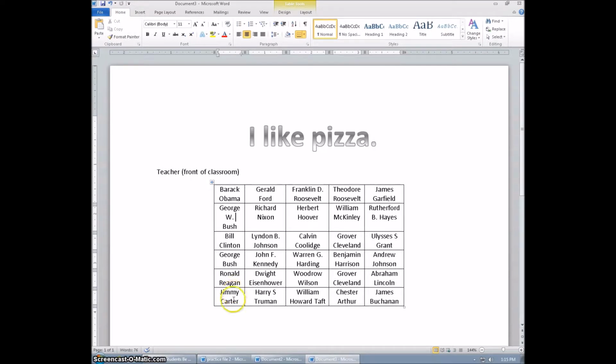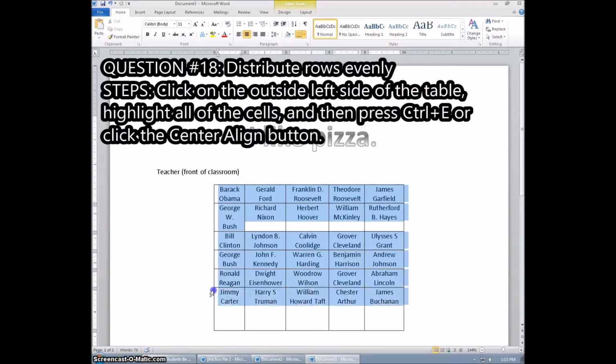Another thing you're going to need to do for homework is click on the bottom line of the table, the bottom border, and drag it down about 3 spaces, so probably about that far, if you're looking at line spacing right there. See how this is larger than all the rest of them? What you'll do, if you want to even them all out, is click on the outside again and drag those down, and then you will right click